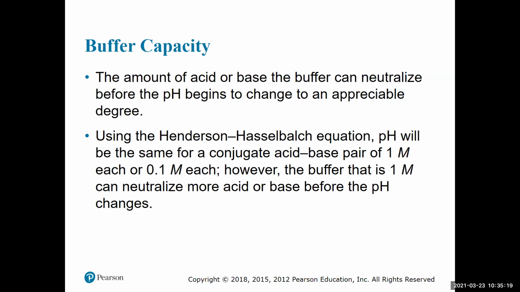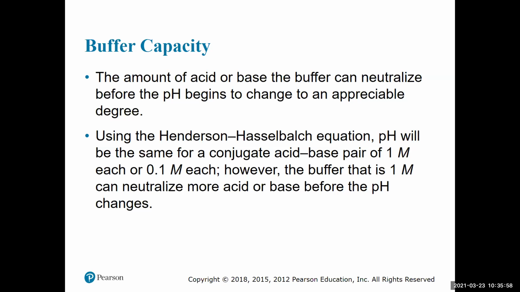Another example of buffer capacity is if you have a conjugate acid base pair and the concentration of each is 1 molar, versus that same conjugate acid base pair at 0.1 molar. The pH would be the same based on the Henderson-Hasselbalch equation. But you would find the 1 molar acid base pair would be able to handle a lot more acid or base coming into the solution and maintaining that pH than the 0.1 molar would be. So